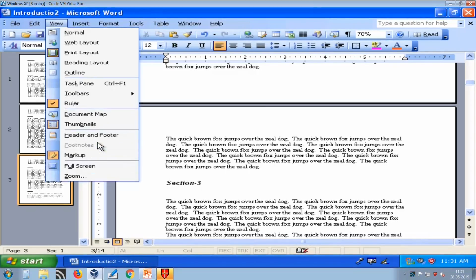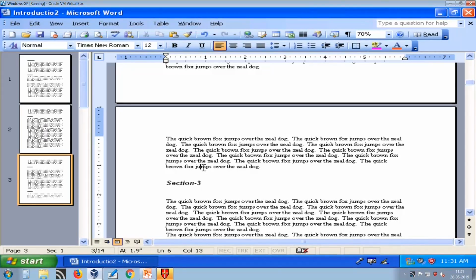The next part is header and footer. Now, headers and footers are very important. For example, I am creating a project report and I want to give the title, project report, on every page.